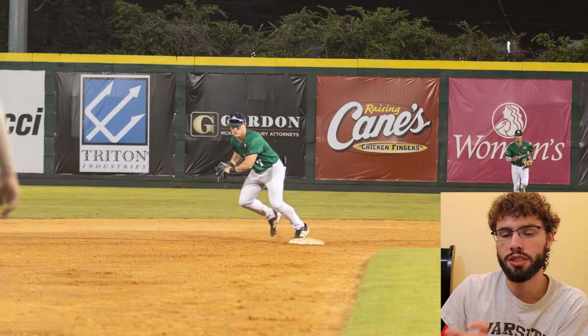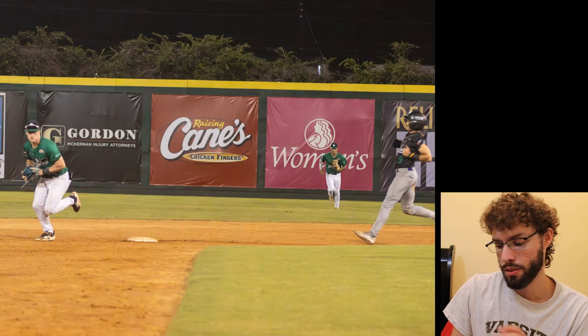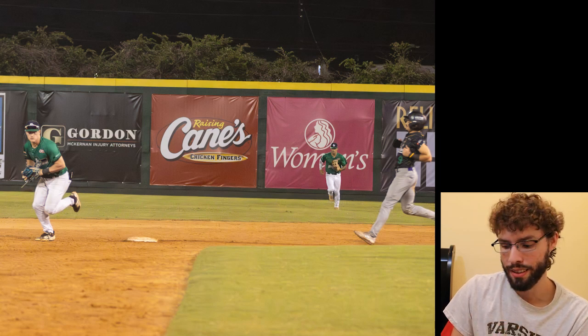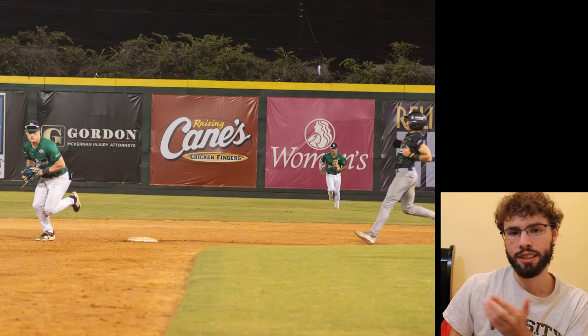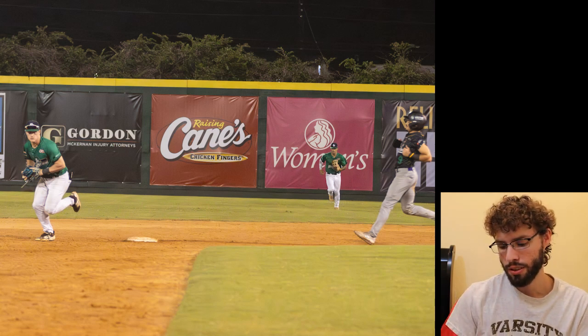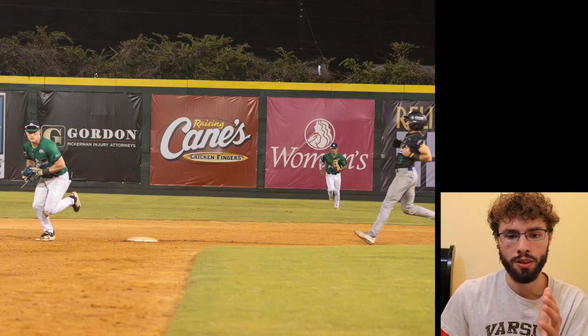why I'm also showing the next shot. The shot right after it. He's already touched base. So this runner in the far right is out. But the guy who caught it and already tagged base is already moving. And the runner has already just got in frame. Like he just got in frame, but this guy's already moving off the bag. So that's why I'm showing both, just to give you context of what makes this one so compositionally appealing, but also